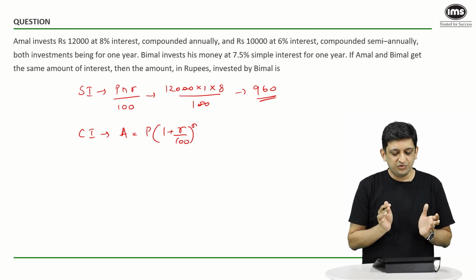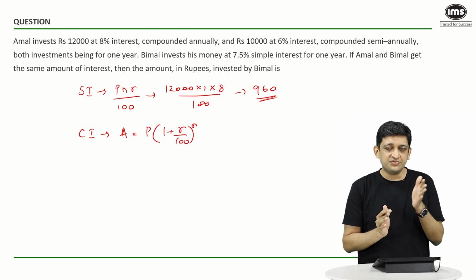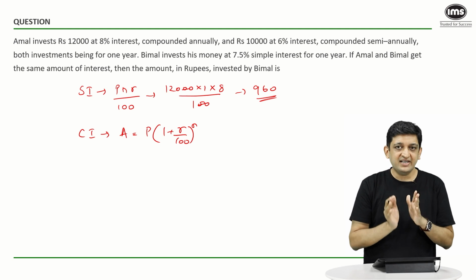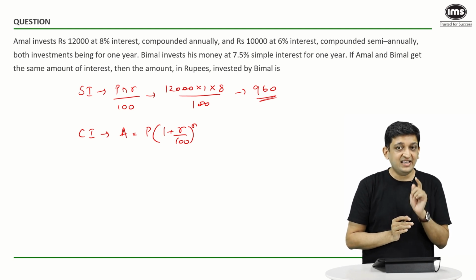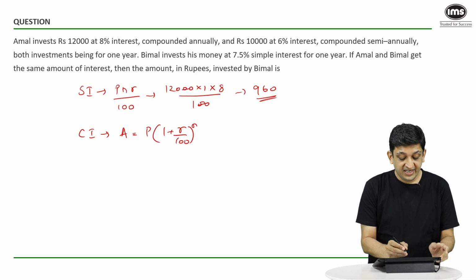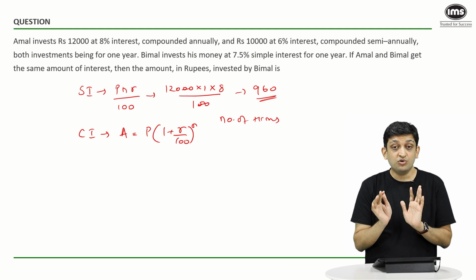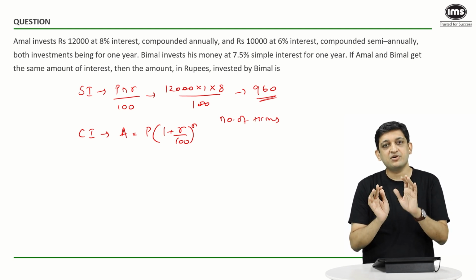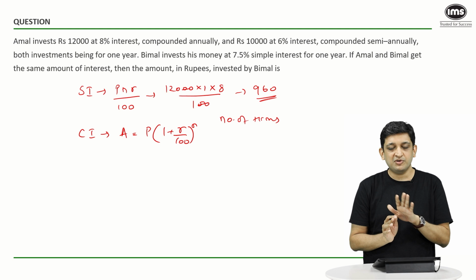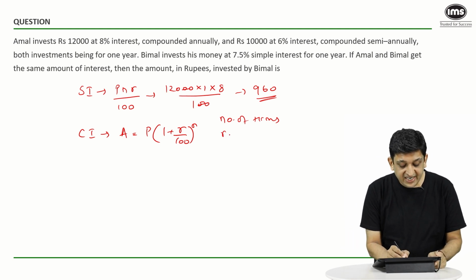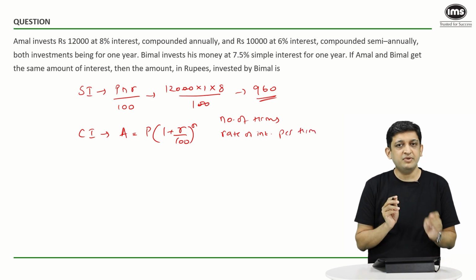Now, a lot of people get confused: what is R, what is N, and if it is for a year, what to do, if it is for 6 months, then what to do. You just remember it in very simple terms. The N here is not the number of years, it is the number of terms. We don't know the length of each term, but it's the number of terms. One term could be 1 year, it's perfectly okay. One term could be 6 months as well. And R is nothing but the rate of interest per term. Very important, it's going to be per term.